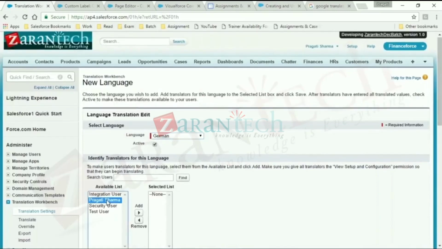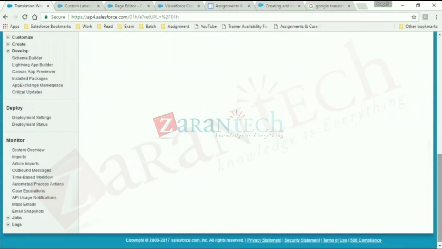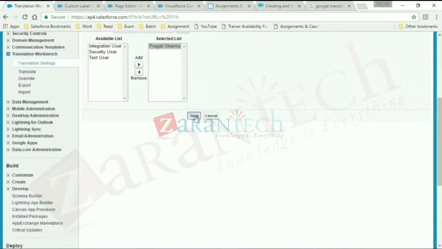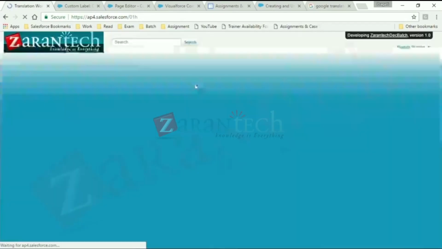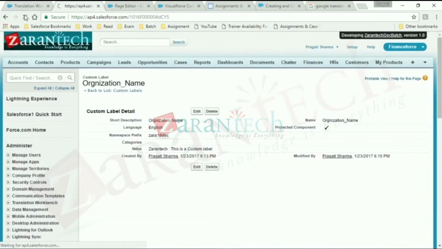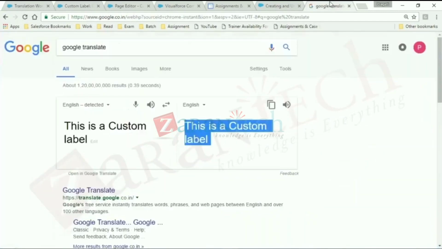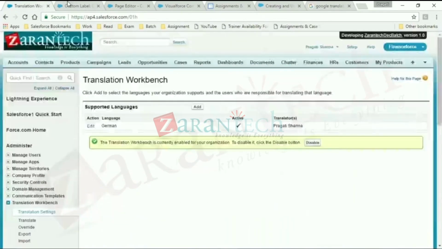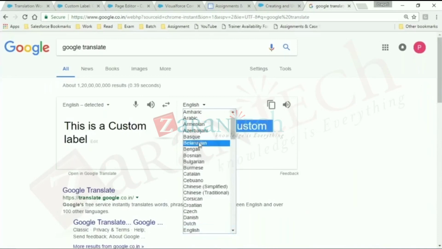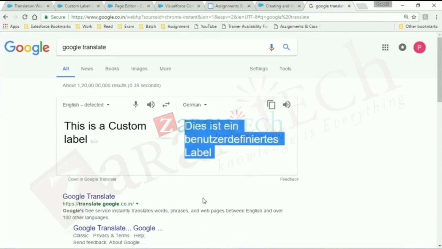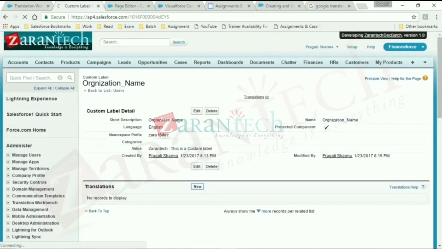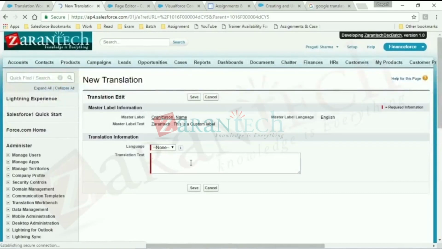Right? So once that is done, now if I go to custom label and refresh this, you can see there is an additional section that is added for translation. Now the same text that I wrote here, I had chosen my translation language as German. So I will change this to German here. When I choose German, this is a German text. I'll copy this and create here a new entry that will be for German. So I can write ZaranTech and then the German word. And when I save it,